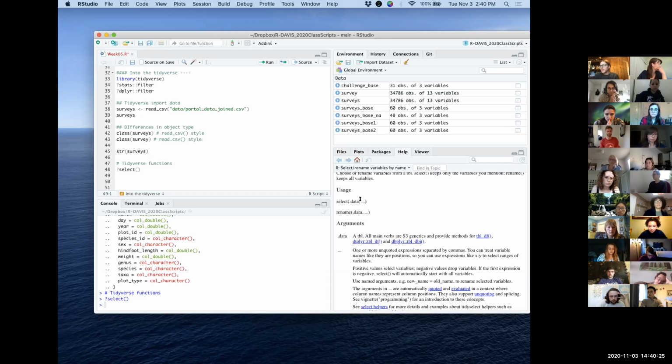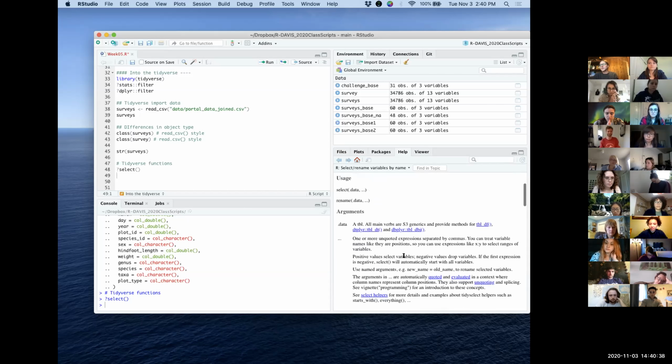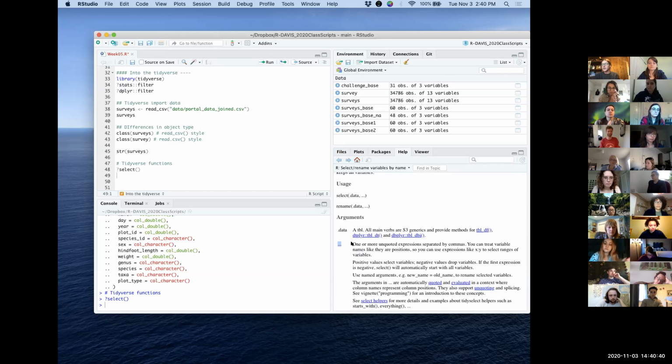And then there's ellipses after .data, and we can see one or more unquoted expressions separated by commas. There's a ton more information in the help documents, so I would encourage you to check it out. But what's important is that we're talking about one or more unquoted expressions, and in this case, expressions refers to column names. So let's say we want to, from our surveys data set,